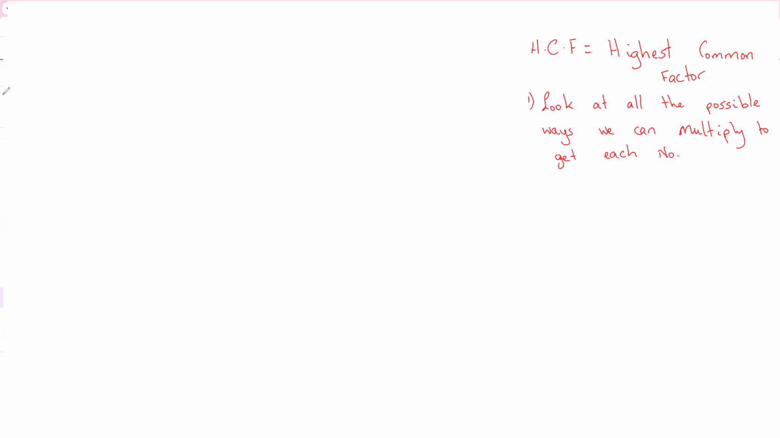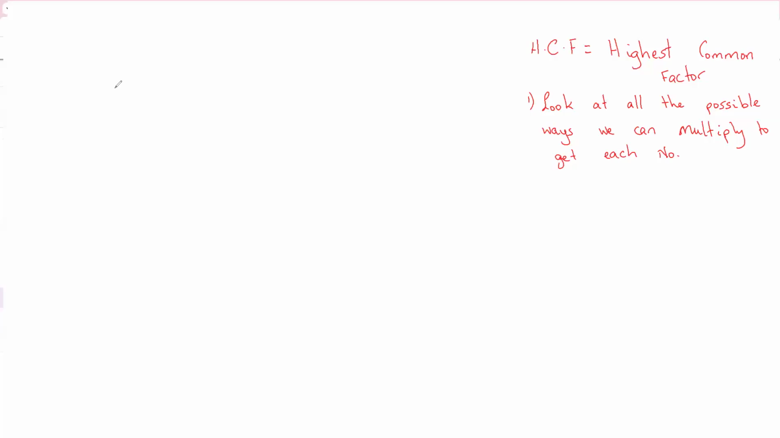Right? So we're looking at all the possible ways we can multiply to get each number. Remember, multiplication and division are buddies. They go hand in hand. They are opposites of each other. So whatever numbers you multiply, you could divide into the number. All the numbers that could multiply to give a number can divide into the given number without leaving a remainder. They're buddies. So if they're given two sets of numbers,